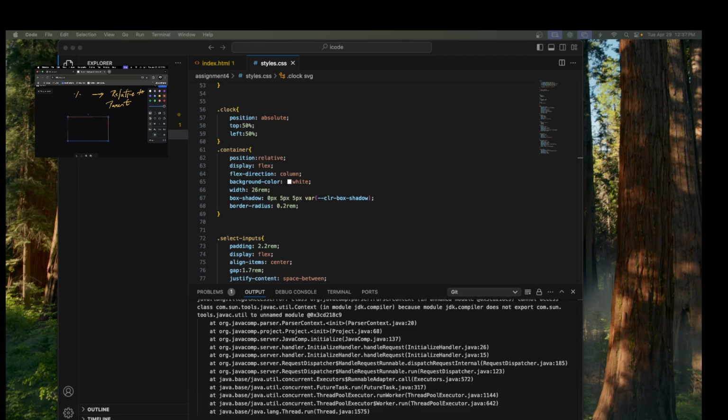So when I do top 50%, suppose this is the parent element, and inside that this is my child, right? Initially it's placed here. So when I do top 50%, what is going to happen is